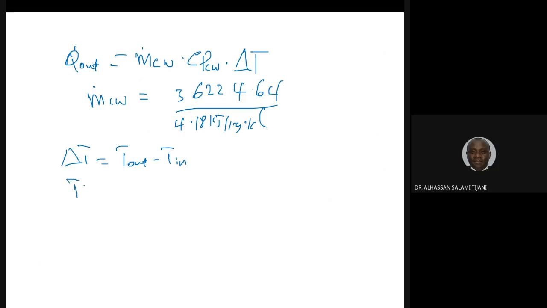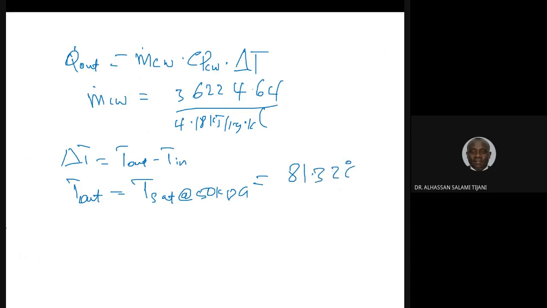So T outlet equals T saturation at the given pressure of 50 kilopascal, and this equals